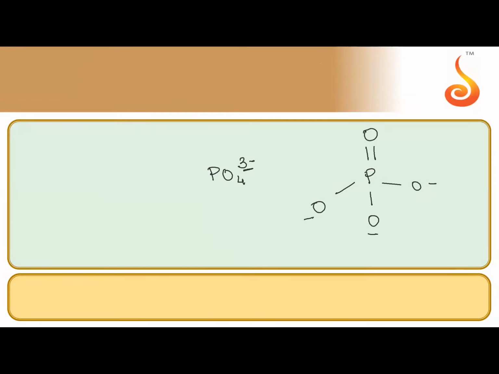Now I'm also going to check my phosphorus. Does it have any lone pair? 5 valence electrons plus 3, this 8 divided by 2 is 4. So sp3, there is no lone pair. Are you observing? Bond pair is also 4 only. So there is no lone pair on phosphorus. So leave it like this.